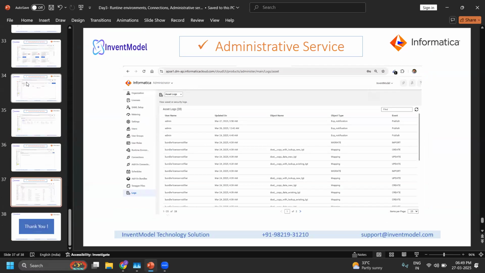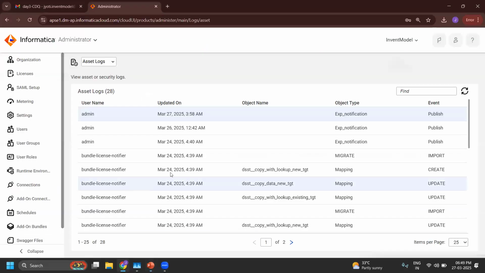And here we can see the logs. In the logs, we have 2 types of log: one is the asset log and the second is the security log. In the security log, we can see the login details. And in the asset log, we can see the asset-level details, like which object was used by which user. So this is all about